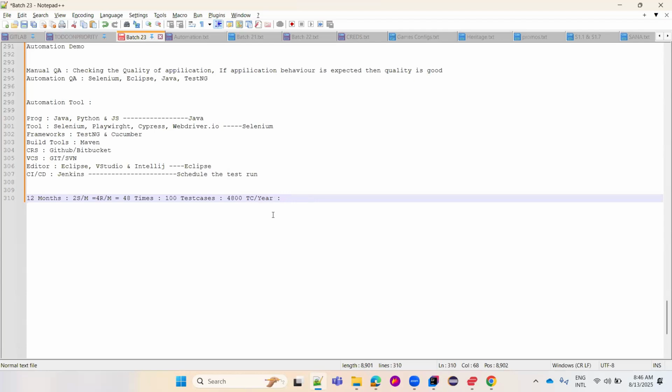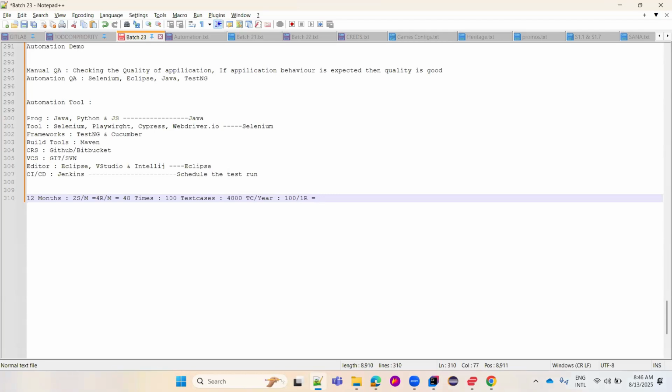if I want to execute the 100 test cases by a single person, how much time will it take? One repetition. We have 100 test cases, and I want to execute only once, with only one person. How many days are required? Even though you are working focused on executing the test cases, it will take some time, right?